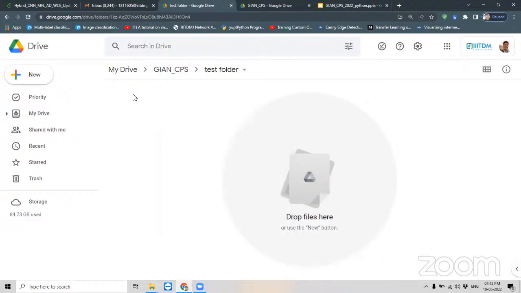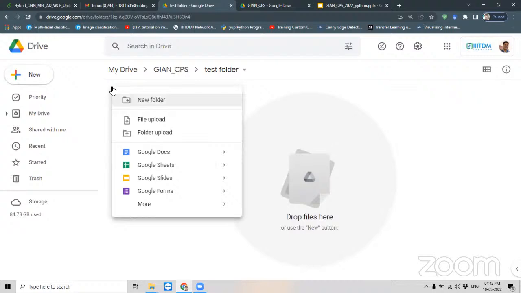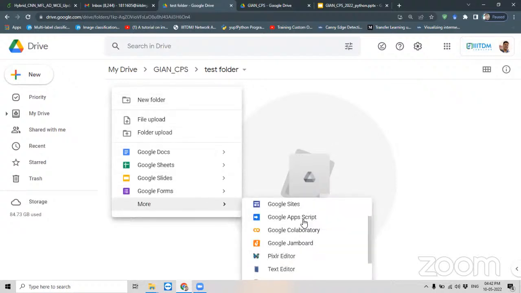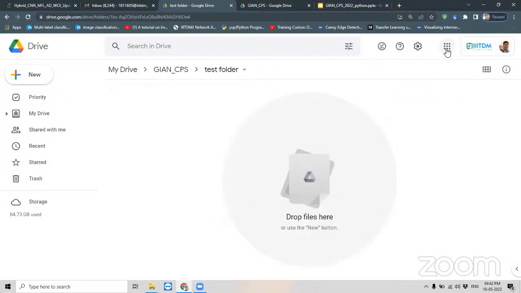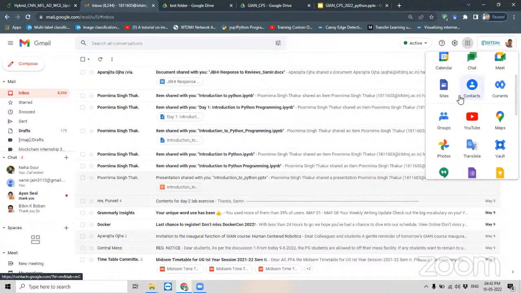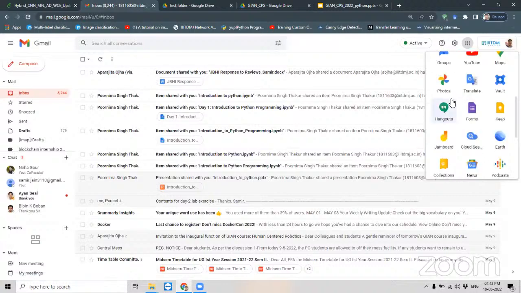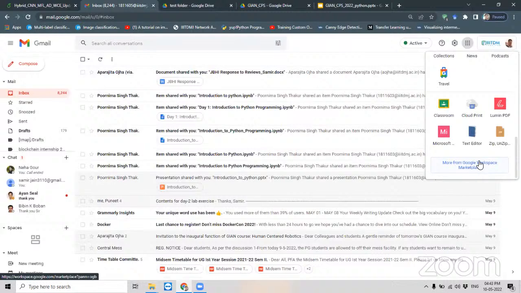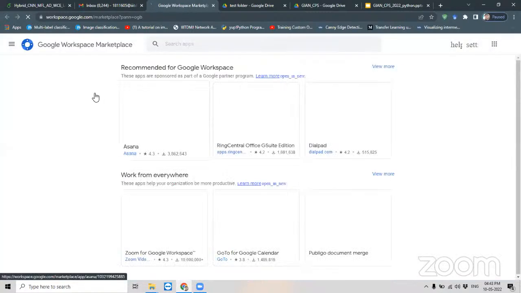What is needed from you is that you right click on this more, then you may find this option, Google Collaboratory. If it is not there, just go to the mail, and there is this kind of thing. There are many tools that are available from Google. In these tools, you have to go to more from Google Workspace Marketplace, and here there will be a new